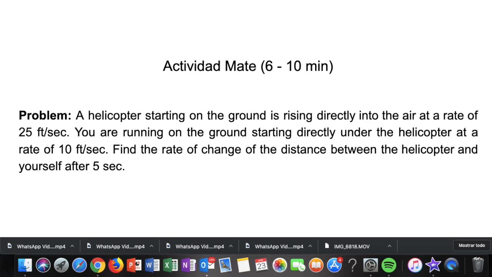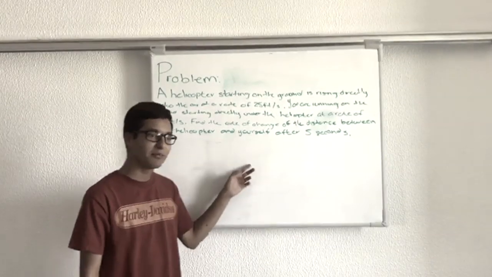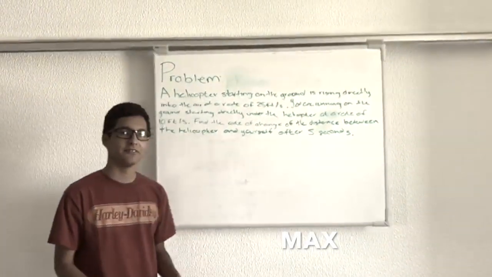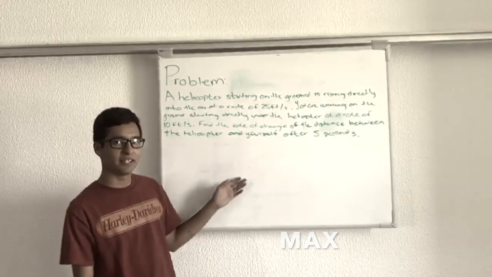You can call me Queen Bee, and baby I'll rule. This is the problem, and the objective is to find the rate of change between the human and the